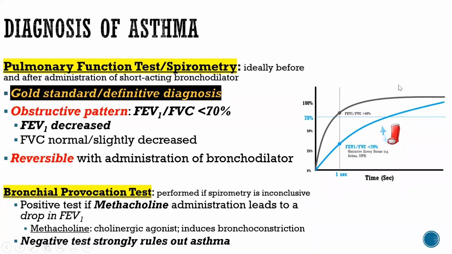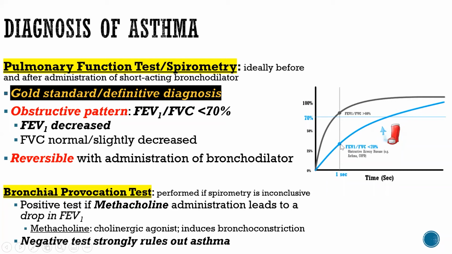If you take a look at the diagram on the right here, you see that most patients are able to expel about 80% of the air that is within their lungs within the first second. However, in a patient with obstructive airway disease, such as someone who has asthma, we find that that air takes a lot longer to be expelled out of the lungs, again, because of that bronchoconstriction. Therefore, a patient with an obstructive airway disease usually expels much less than 70% of their lung space within that